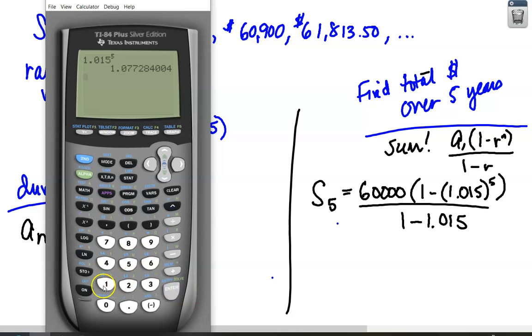Cool. Then I'm going to do 1 minus that, which is what's in the parentheses, the 1 minus answer. That's this. Then times 60,000. Cool. And then I need to divide by this. Now, I could do this in my head, or I can do divide, but I'm going to have to put this in parentheses, which is fine. Okay. All right. And so our sum ends up being, here we go,